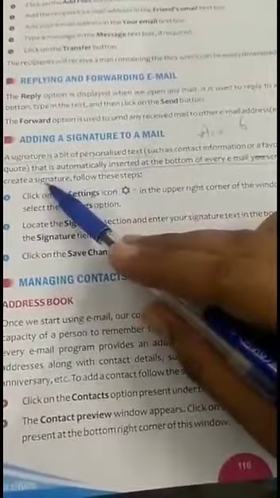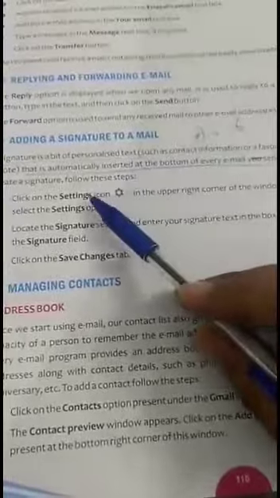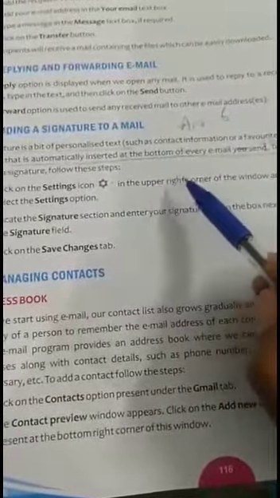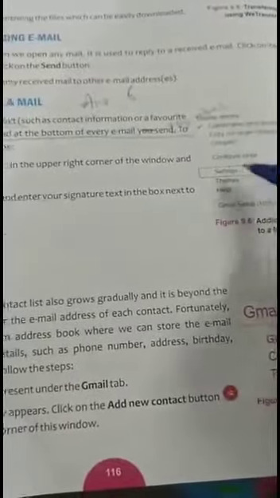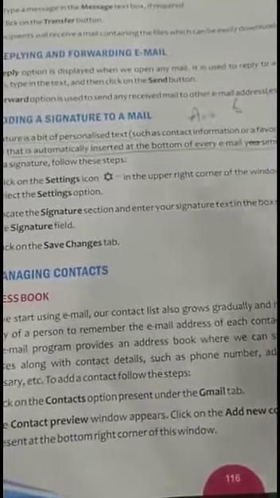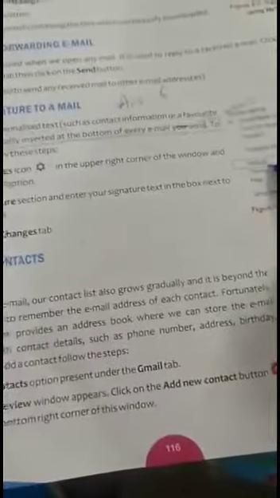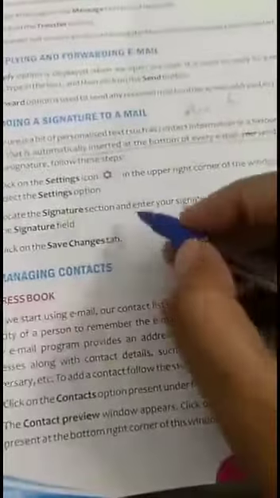To create a signature, you need to follow the following steps. First of all, you need to click on the settings icon that appears in the upper right corner of the window, and then choose the settings option. Then you need to locate the signature section in this settings option, and then enter your signature text in the box next to the signature field.